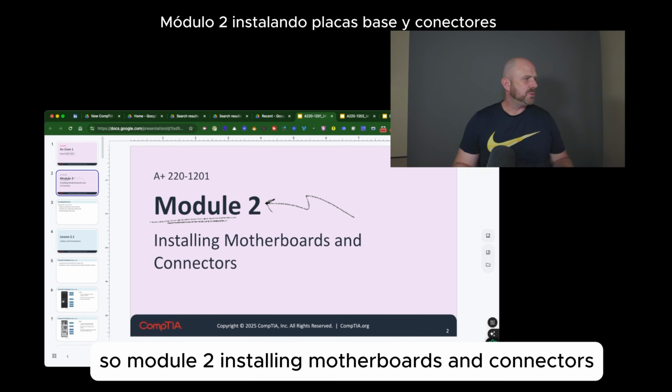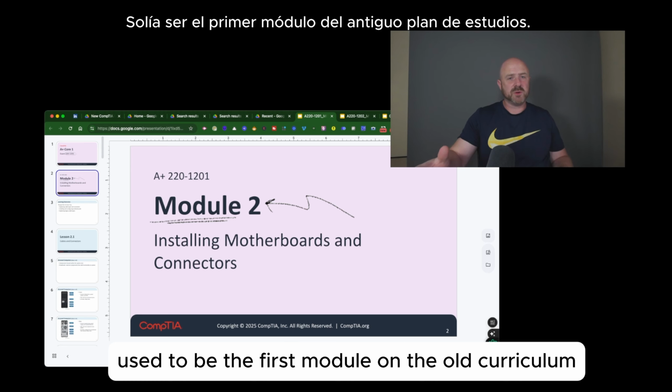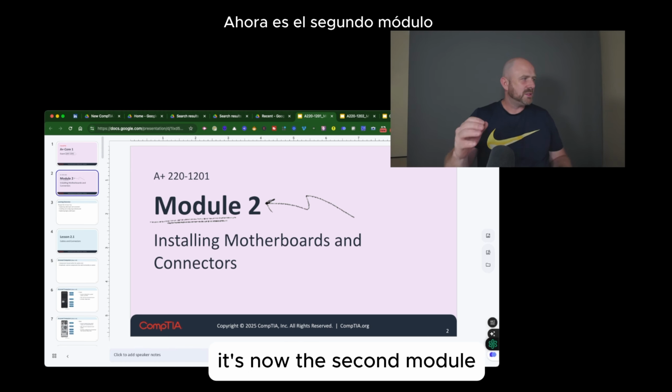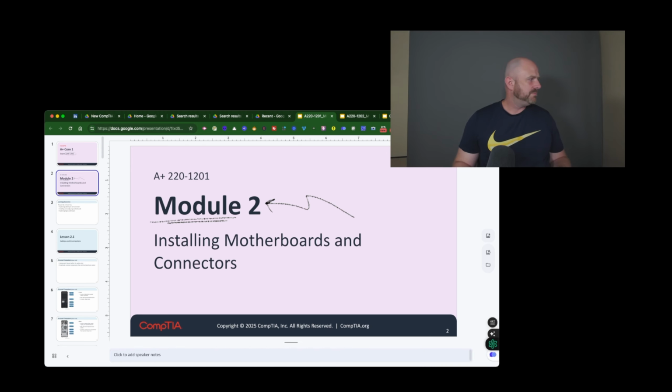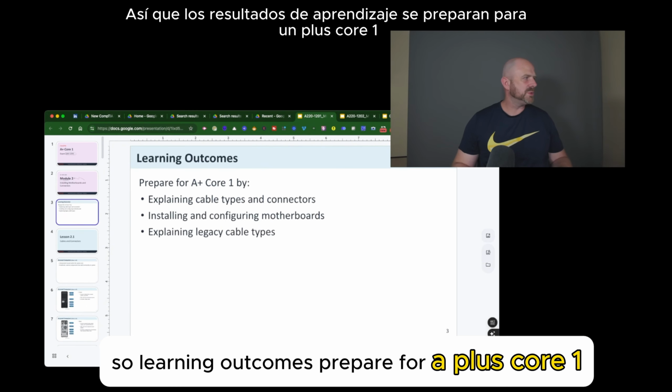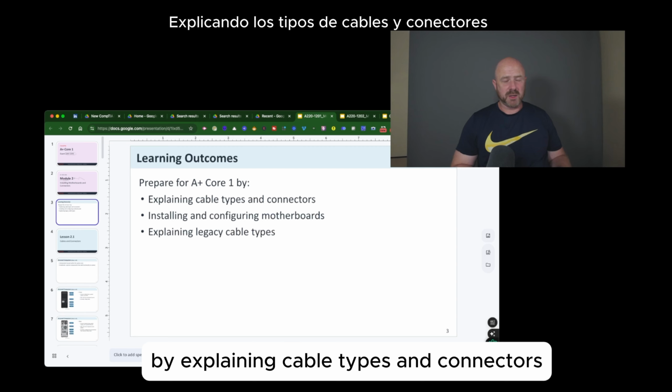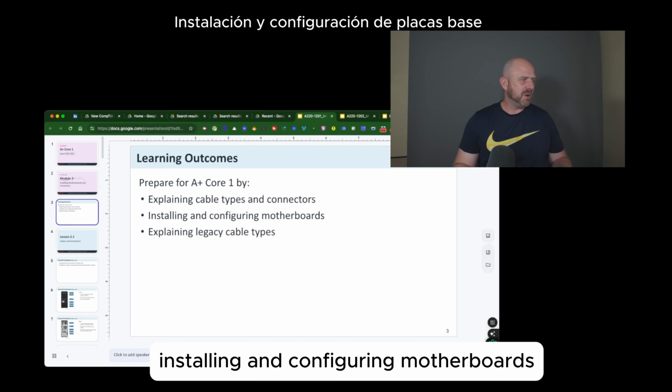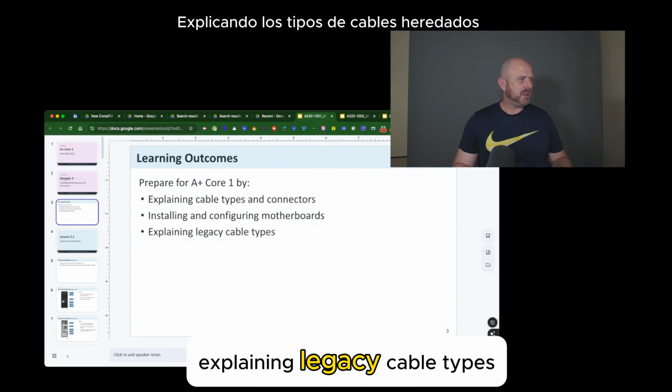So Module 2, installing motherboards and connectors, used to be the first module in the old curriculum. It's now the second module. So let's go ahead and get started. Learning outcomes: prepare for A+ Core 1 by explaining cable types and connectors, installing and configuring motherboards, explaining legacy